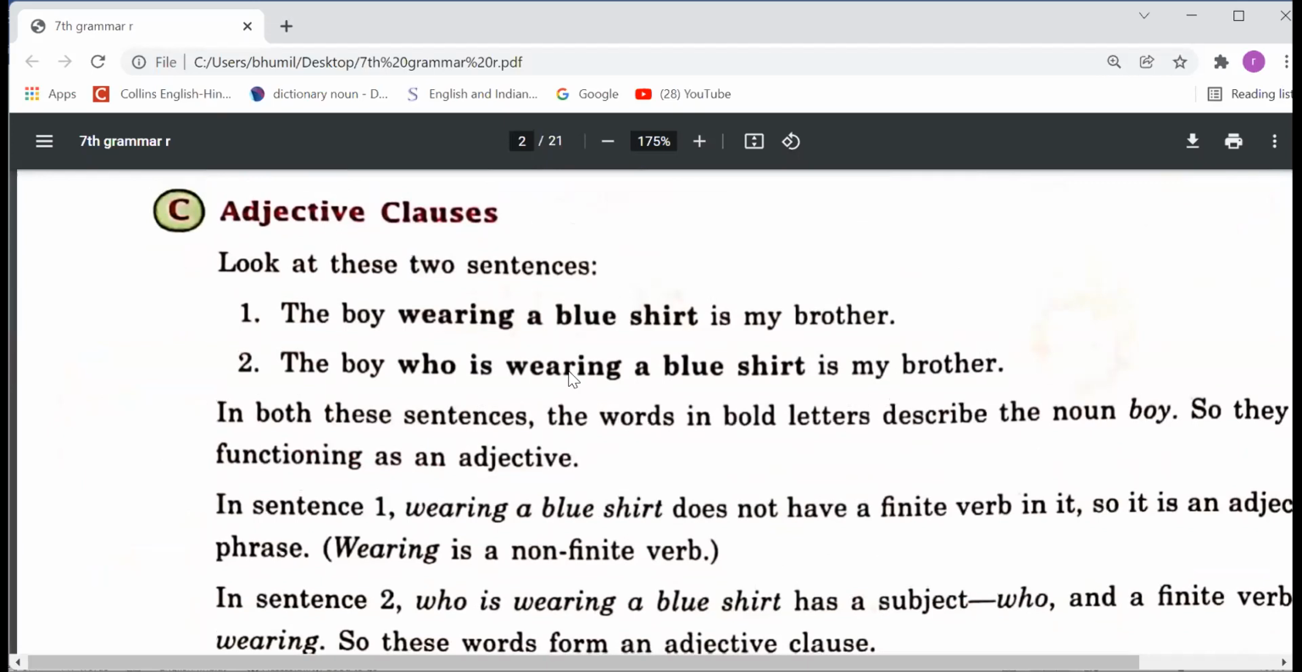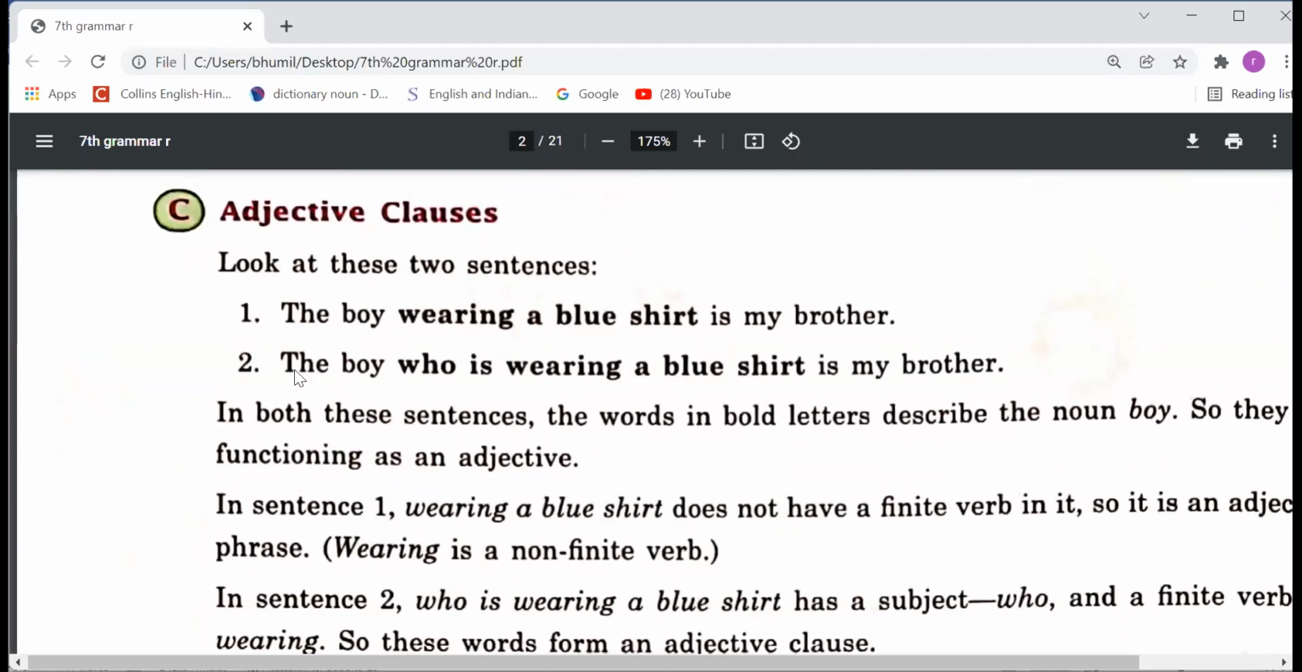Adjective clause. Look at these two sentences. The boy wearing a blue shirt is my brother. So लड़का जिसने ब्लू शर्ट पहनी हुई है मेरा भाई है. So these four bold words, you can see that there is no subject or finite verb. So that part is called a phrase. That is an adjective phrase. Why? This is